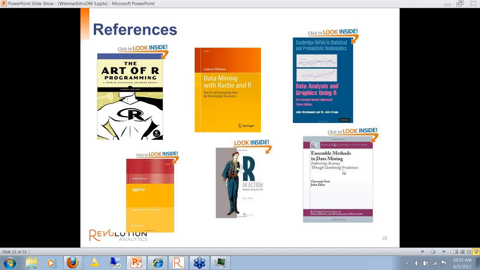This book over here is a very nice look at ensemble models, and it uses R to talk about the theory behind those models. ggplot is a graphics package that will help you once you get to doing some more sophisticated graphs, and these other two books I just think are pretty fine references. So that's basically what I had to say, and I hope you've enjoyed my little tour.